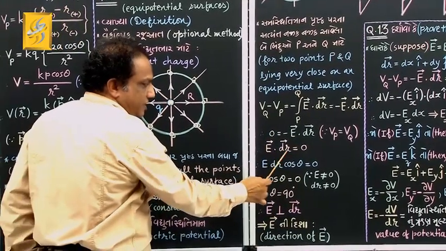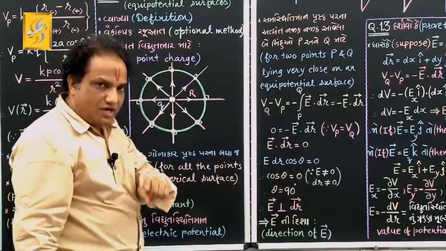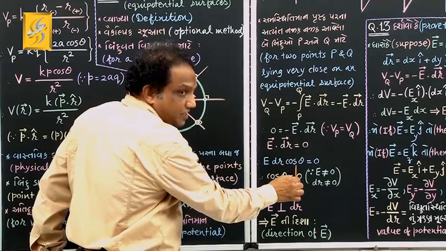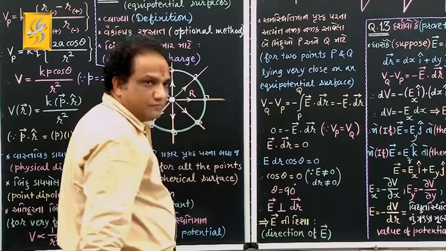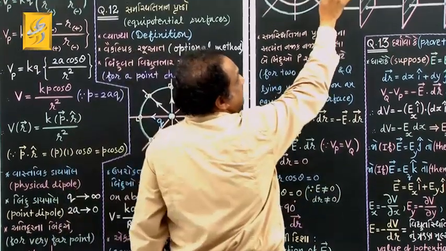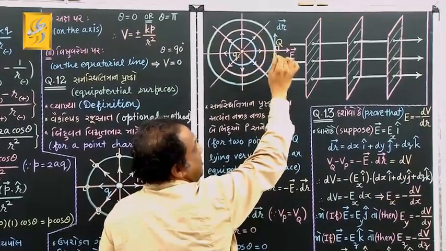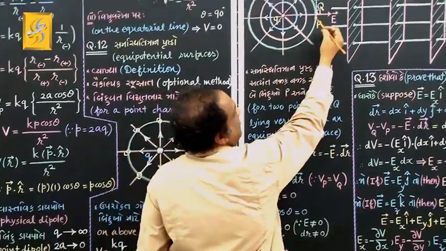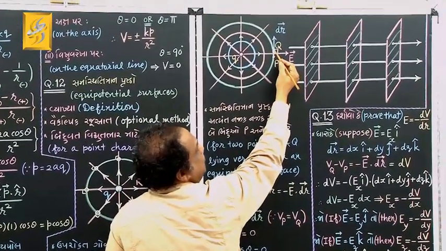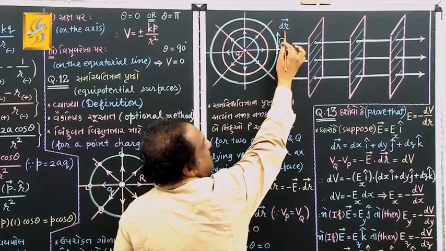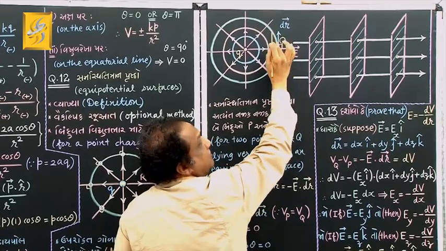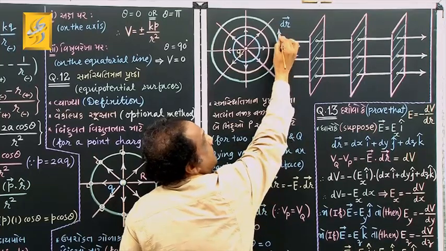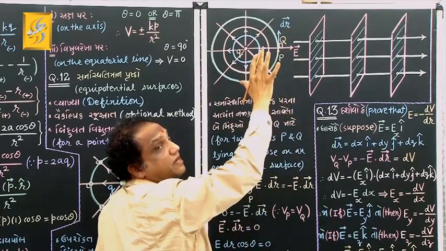Now vector E dot vector dr means what? E into dr into cos theta, and that equals 0. Tell me, here the electric field has some value which is not 0. So E is not 0. And because you are making a very small displacement from P to Q, the displacement vector, vector dr, I have just extended the direction, not the vector. The vector is very small, but the direction I have simply extended so that you can have clarity in the figure,